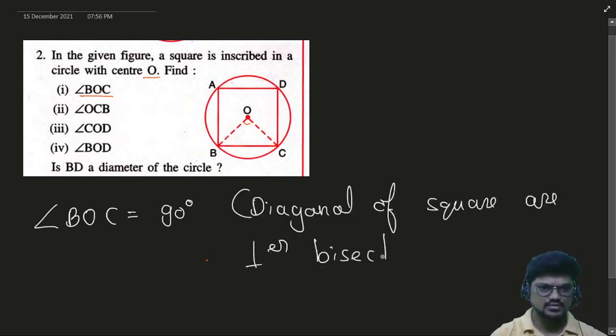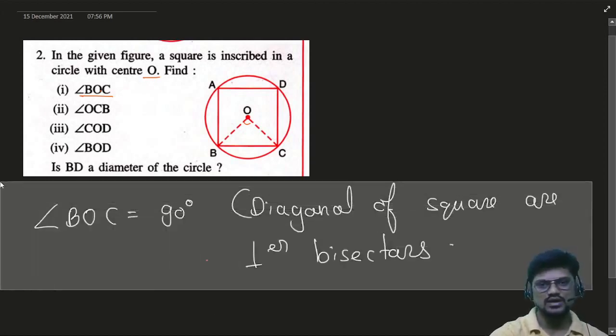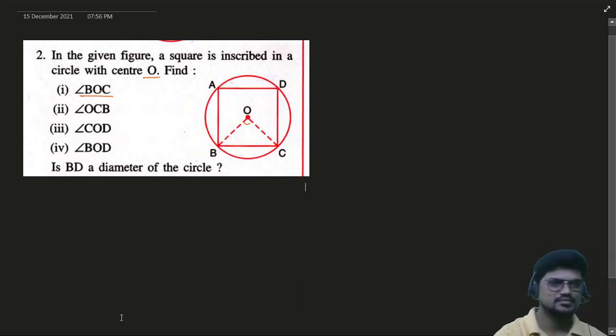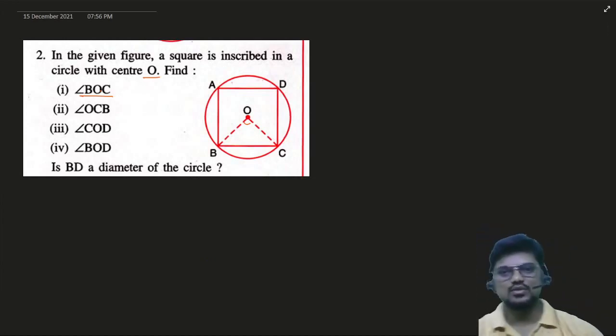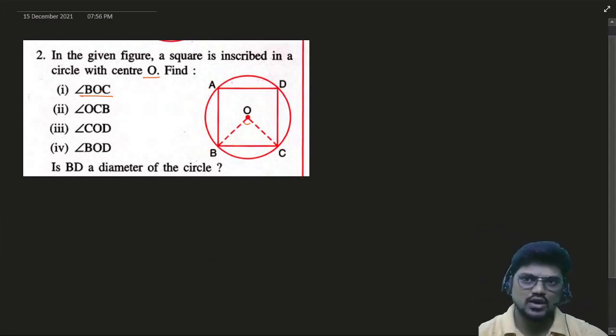But then again, we do not know if they are diagonals. We have to prove that first, no? Yeah, we do not know that they are the diagonals. So what can we do? If you do not know that they are the diagonals, sir, we can construct. No, but they are not told. What we can do is, if I draw a line over here,